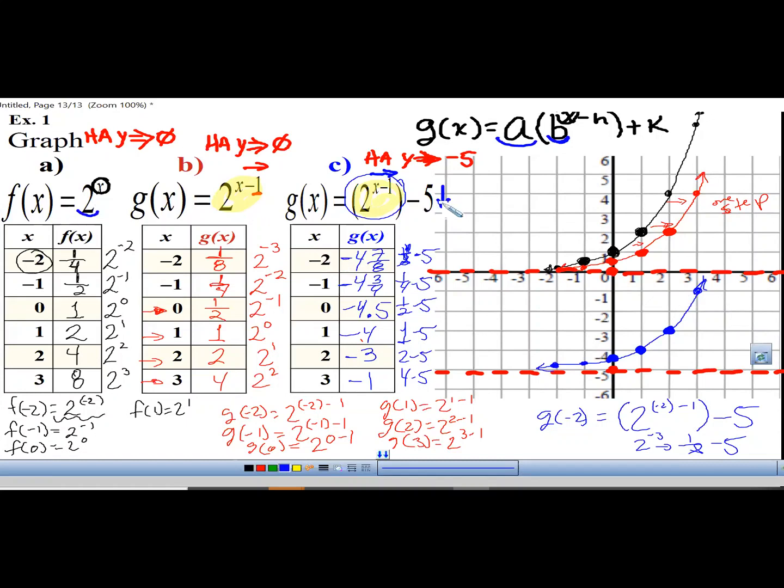We did these three. First, we started with our parent function, and then we added some transformations. Now, what is the first thing we do anytime that we're going to graph? We need to identify our horizontal asymptote, which is our what? Our k, or our constant. From there, once we graph it, we look at the next graph that they gave, which was already transformed. So I asked you guys what happens from this black one to the red one that we graphed. And Alberto said, I said, what would be the general idea? That it moved the whole thing, and we saw here with arrows, one to the right, because it only had